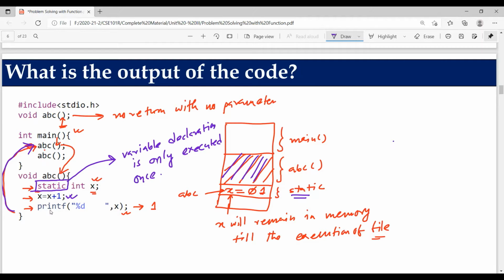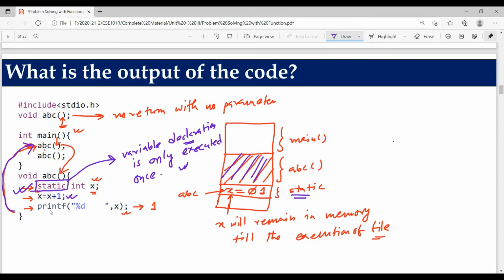If we declare that particular variable inside a function, or it might be inside any particular block, and declare the variable static, the declaration will be considered executed only once.